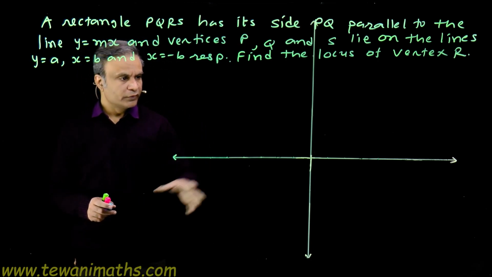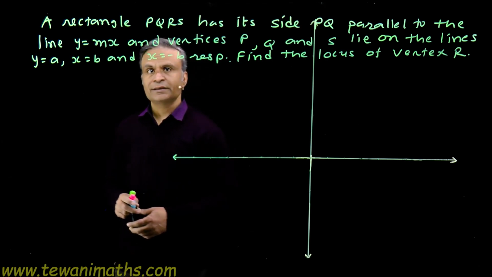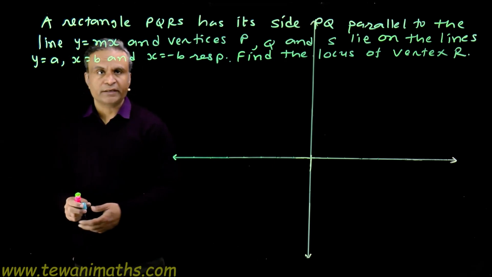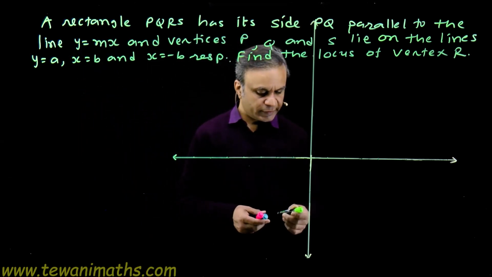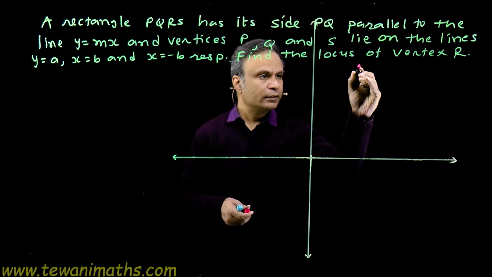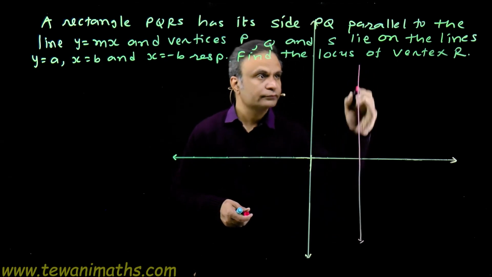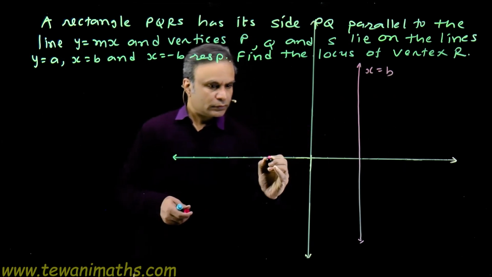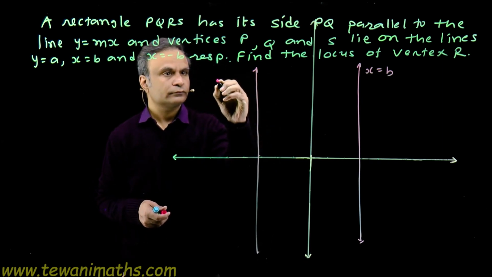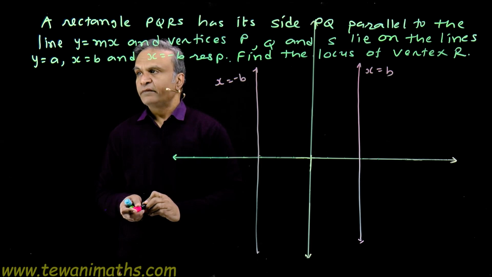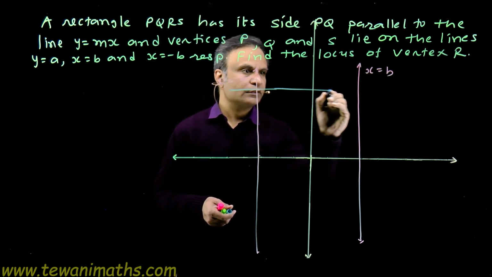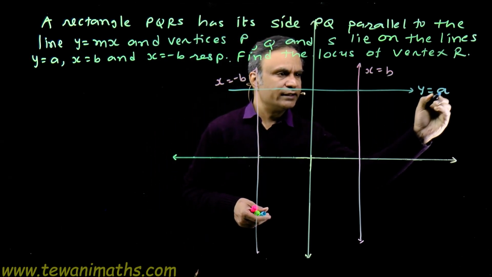Let's draw the diagram. We have here a coordinate plane. Let's draw the lines: x is equal to b, x is equal to minus b, and y is equal to a. Here is the line x is equal to b. Then we have here the line x is equal to minus b. Then we have the line y is equal to a. Okay,